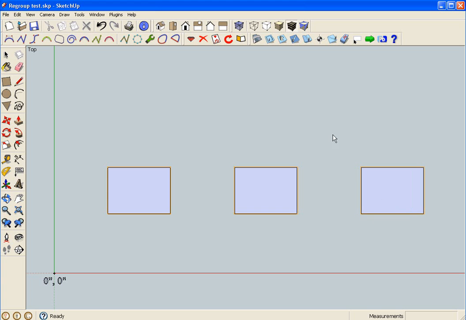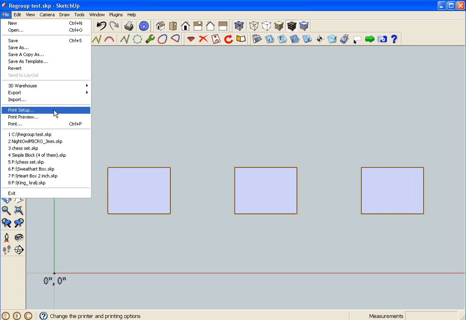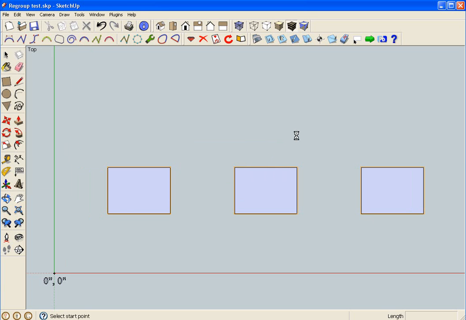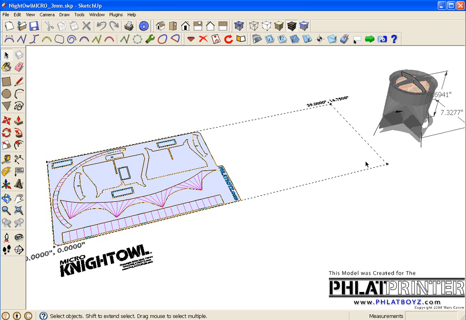Now I'll show you a more complicated example. Okay, now this is Mark's micro night owl, his little